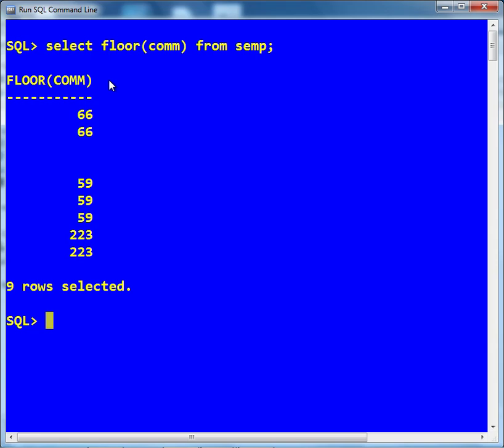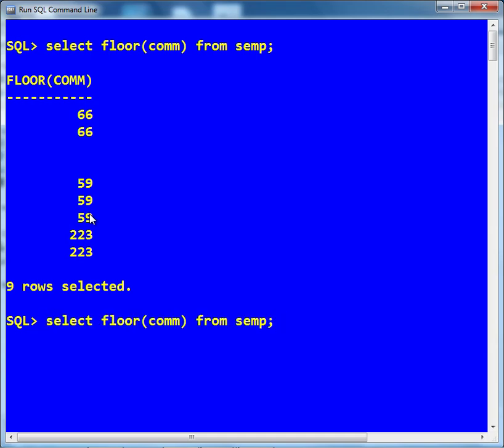Sorry, floor will give me the lower value. If it is 66.2, it will give me 66. If it is 66.1, it gives me 66. If it is 59.1, it gives me 59. If it is 59.9, then also it gives me 59.